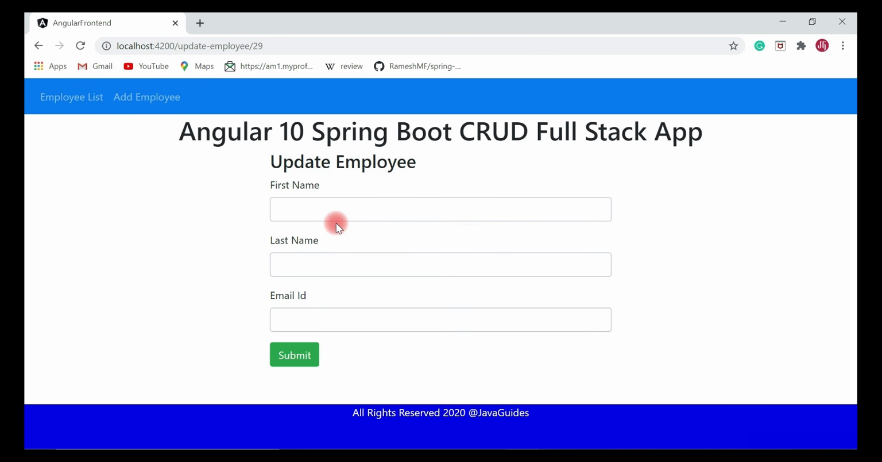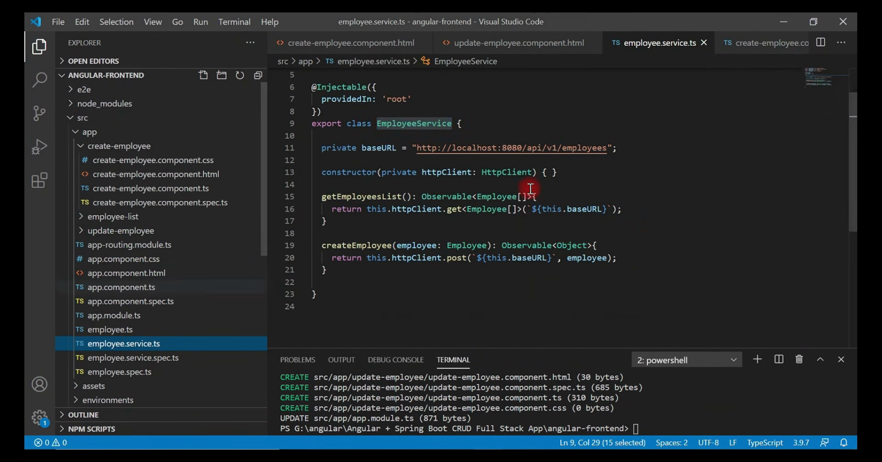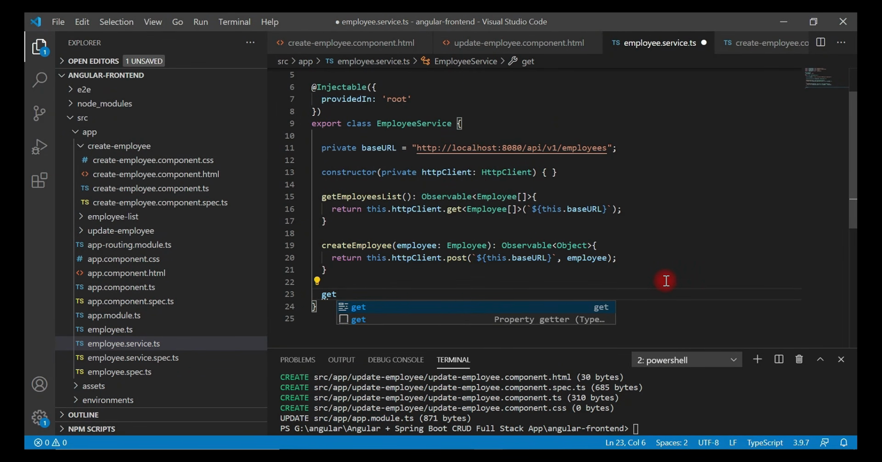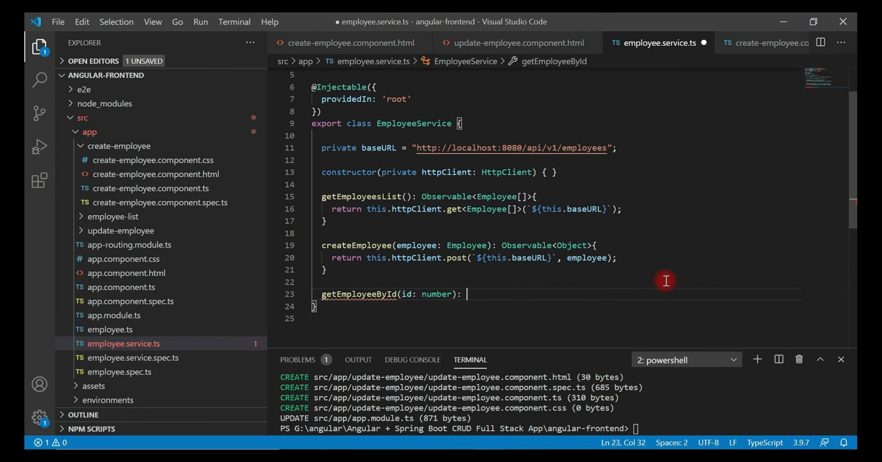Let's head over to the VS Code IDE. Let's open employee service, and here we're going to write REST client code which will make a get employee by ID REST API call. Let's give a method name as getEmployeeById, something like this, and then we need to pass id to this method, and this is of type number, followed by